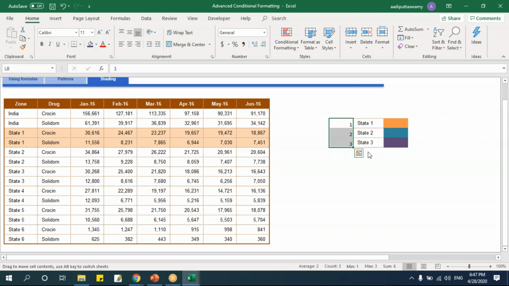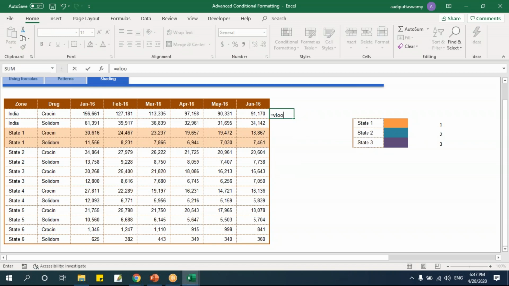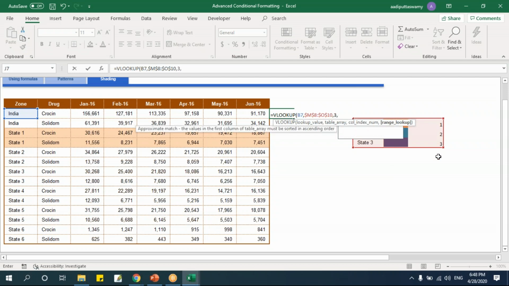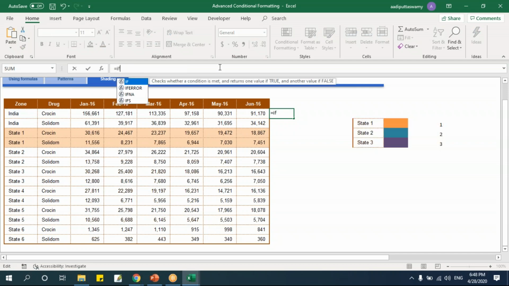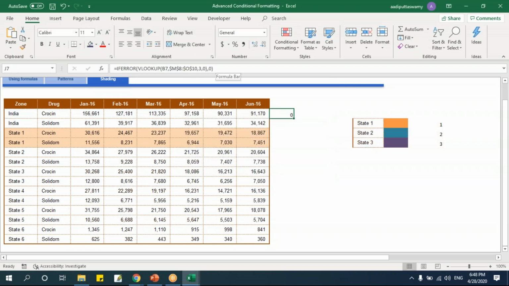Now let's take this in the end, and here we'll take these ranks for any specified state. So how to take that? I have this VLOOKUP function. Equals VLOOKUP of, I will select this as my lookup value, comma, and I'll select this table, fix it, comma, say 1, 2, 3, third column says NA. So we'll put IFERROR of this, then I'll say 0. Fine. Let me drag it down.